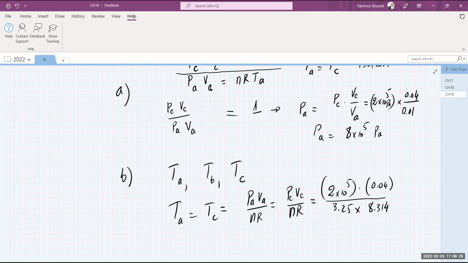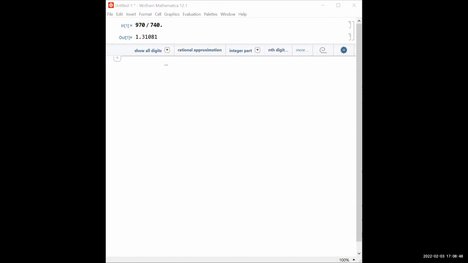Let me, for the sake of this problem only, because I really need to find those two temperatures, let me stop sharing. And let me move this calculator to this side so that you can see what I'm doing. And let me share with you the calculator, which is Mathematica, actually. It's a big calculator for this task.